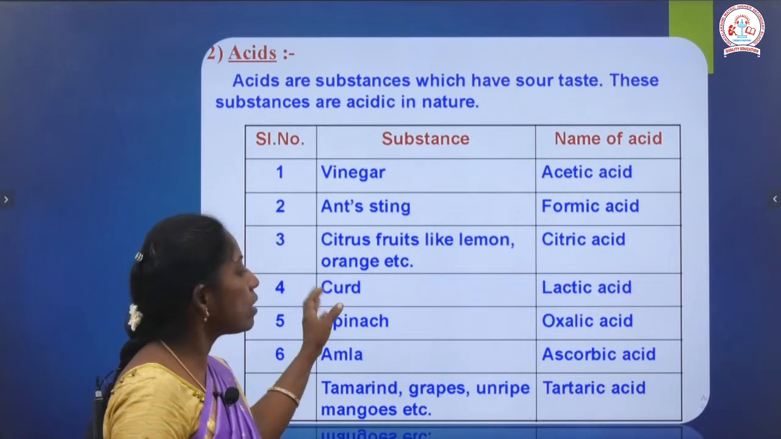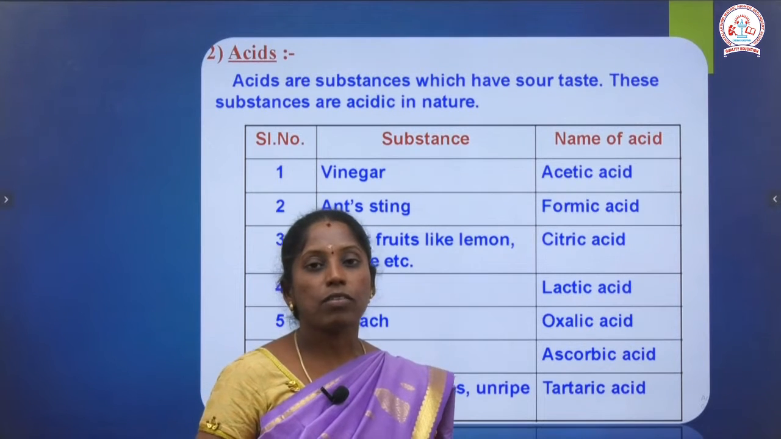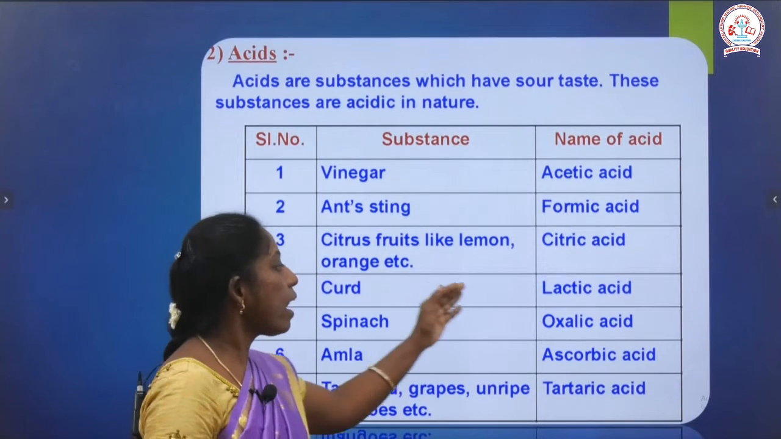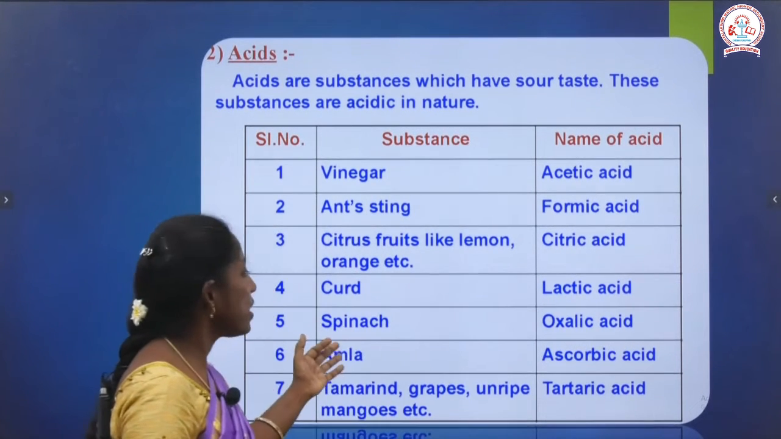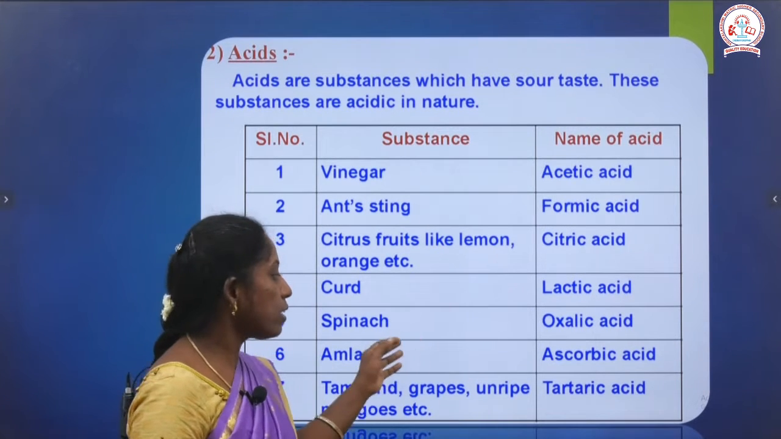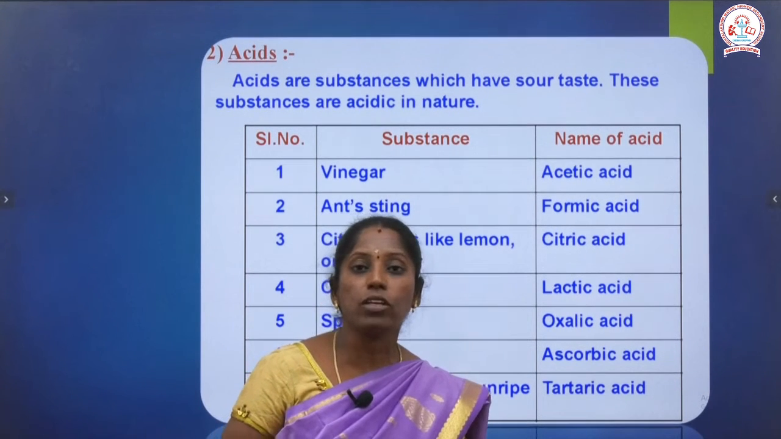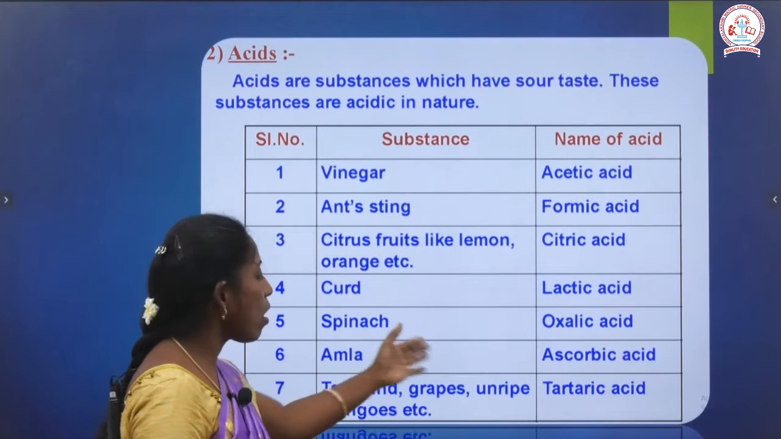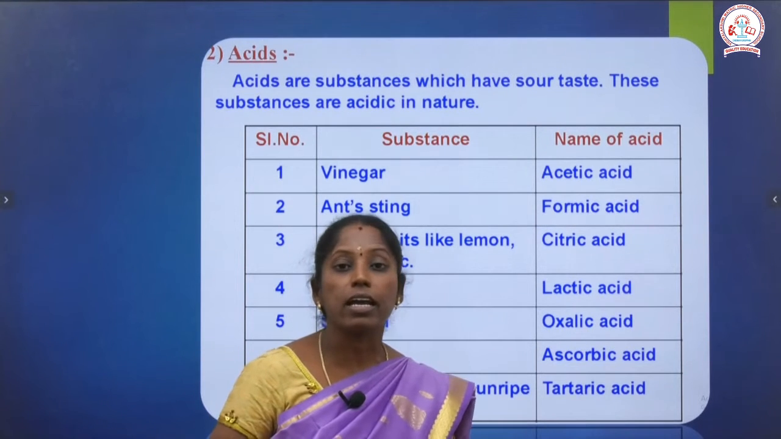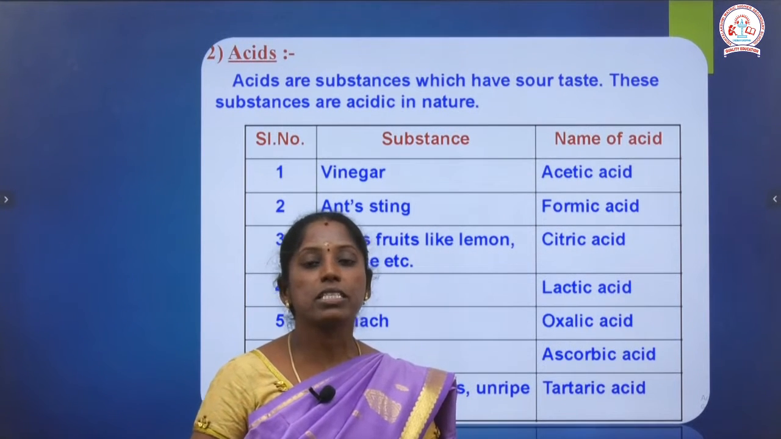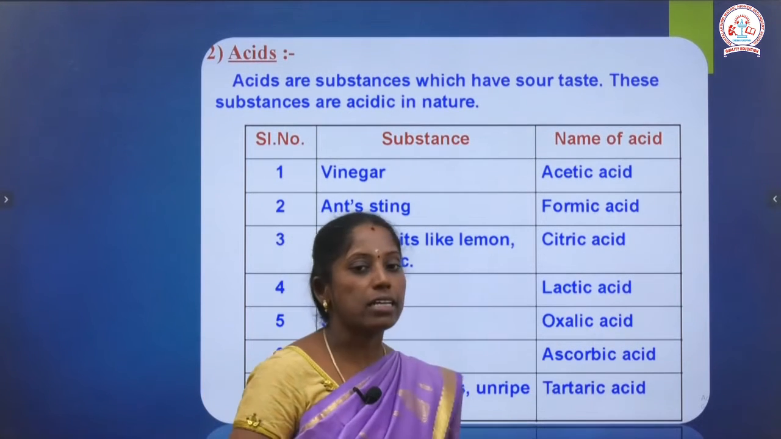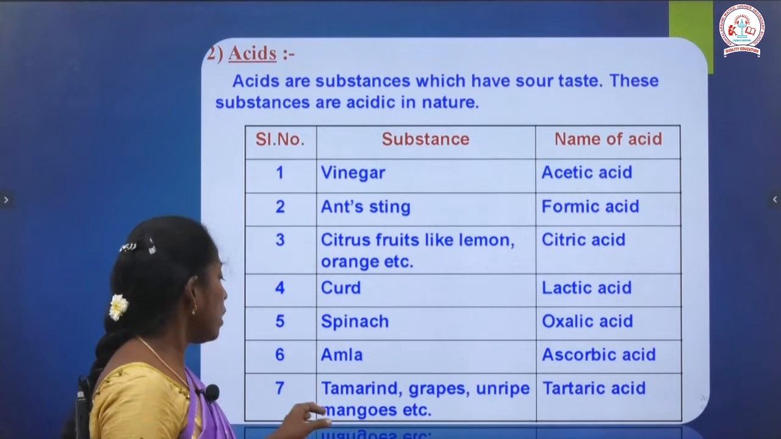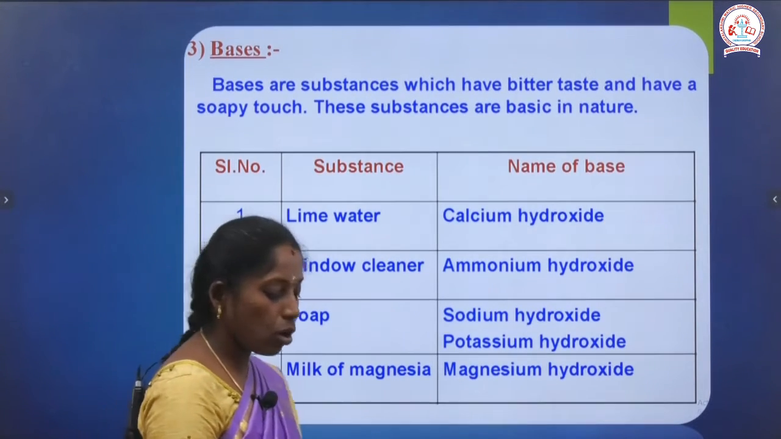The next one is curd, and not only curd but all milk products. From milk we get butter, buttermilk, ghee and cheese, which all contain lactic acid. The next one is spinach and greens like that. They contain oxalic acid. Even tomato contains oxalic acid. The next one is amla. Amla contains ascorbic acid, which is nothing but vitamin C. Vitamin C is highest in amla. Even guava has vitamin C. Then tamarind, grapes, that are all contain